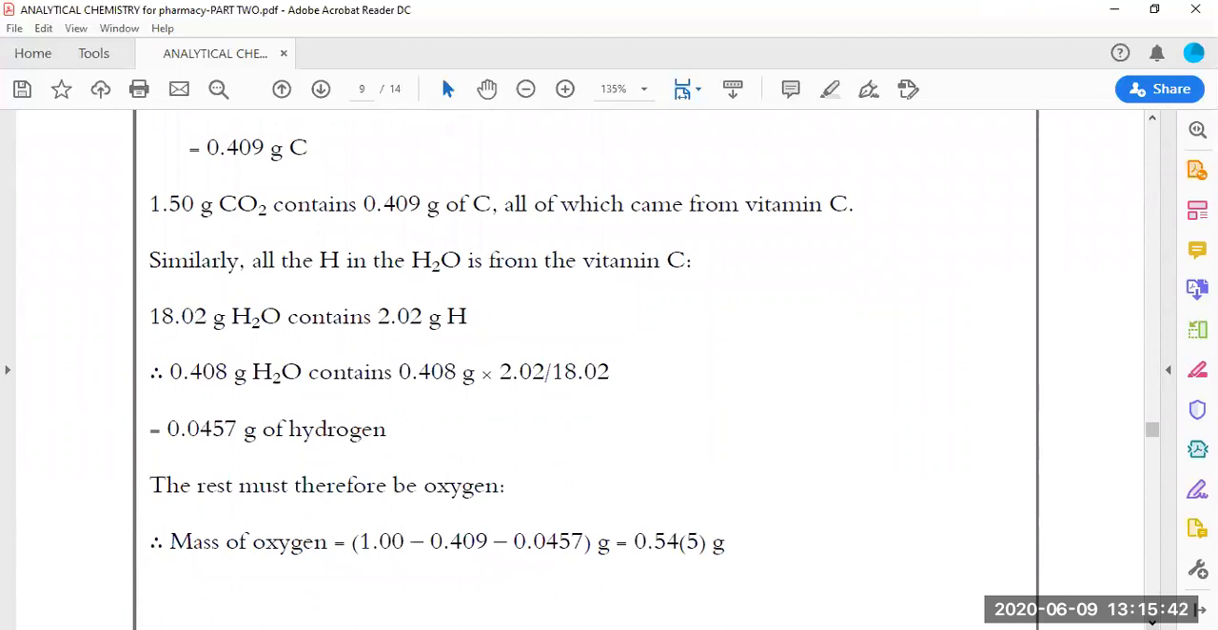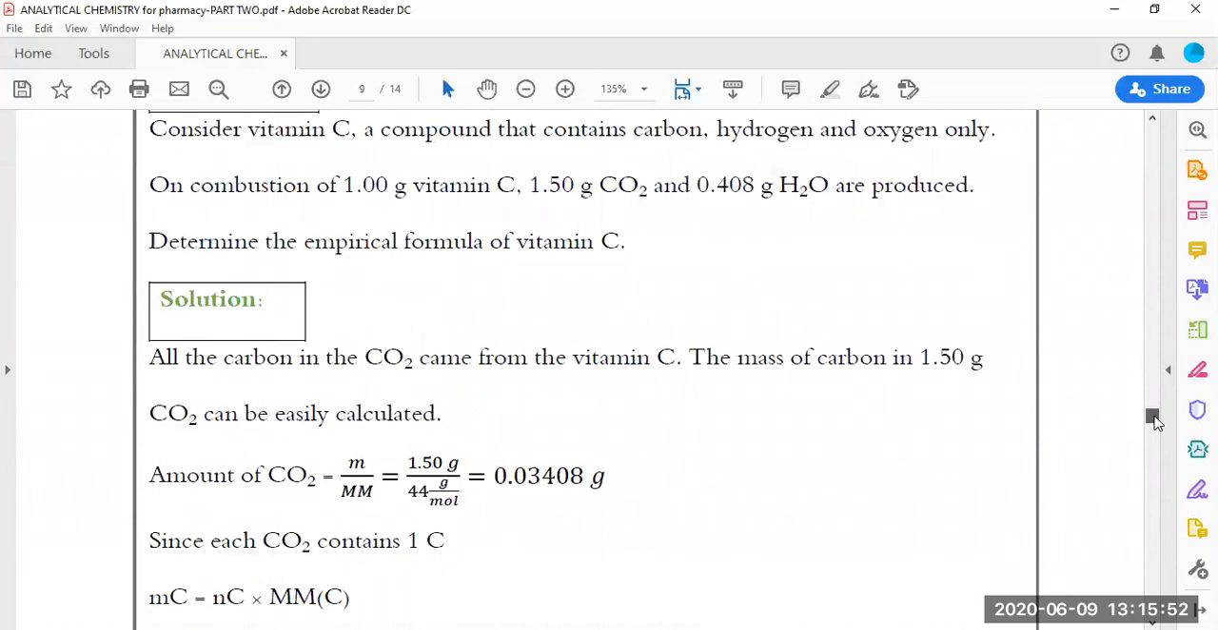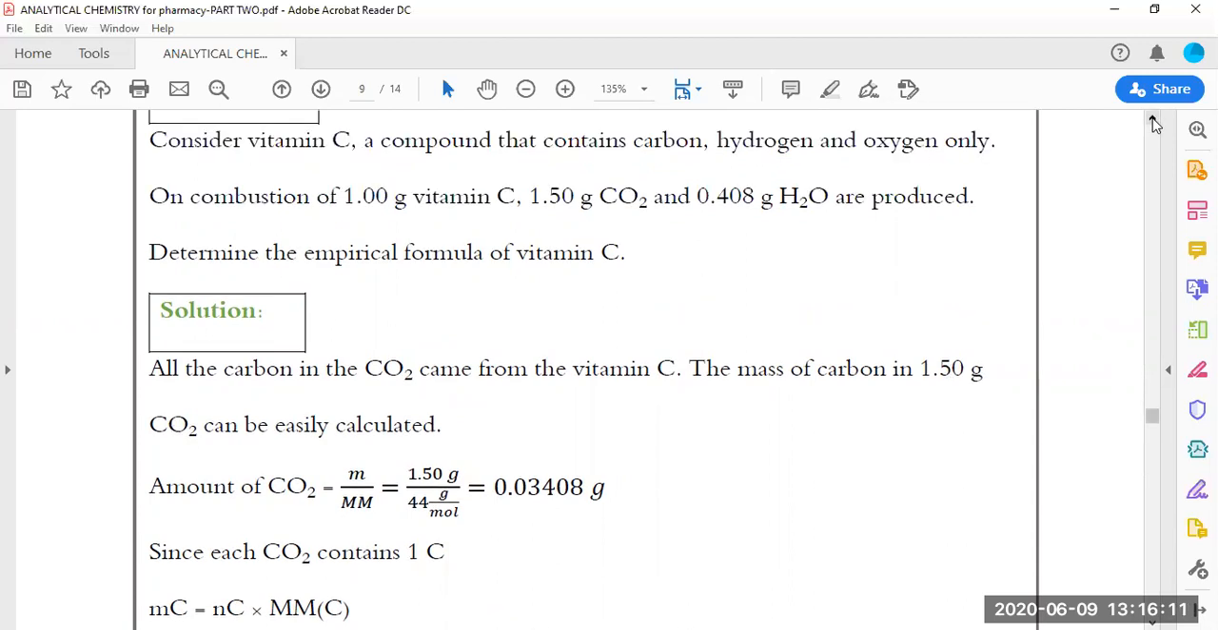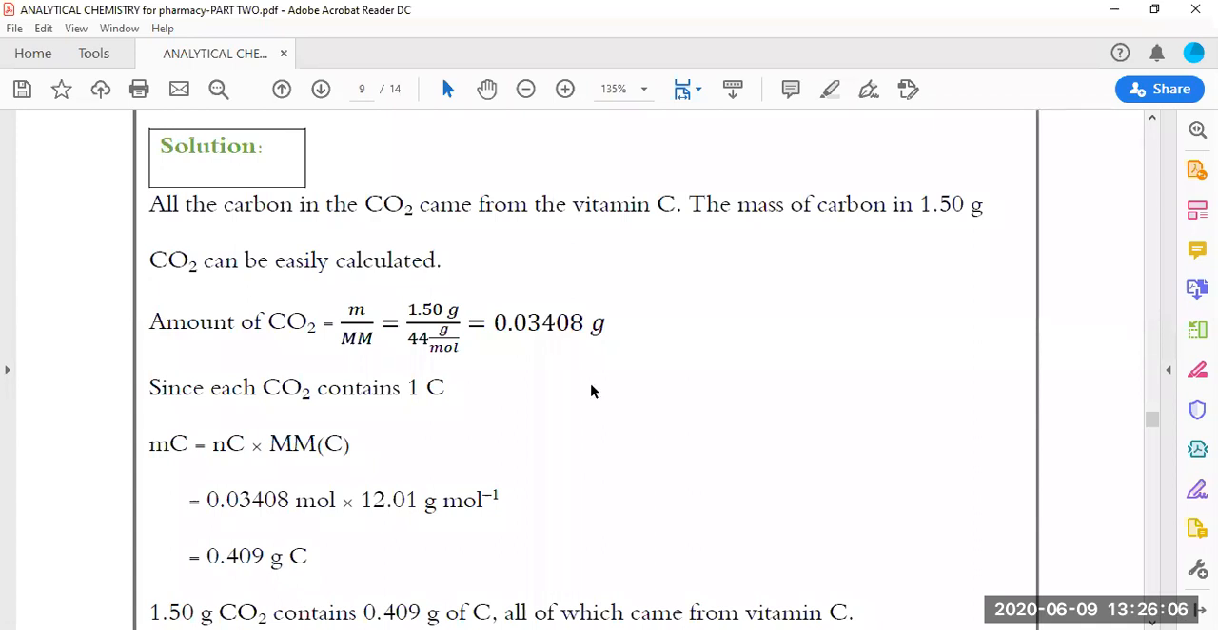So the rest should be, of course, for oxygen. We found that the mass, let me make sure you understand this example. So all the carbon and CO2 came from vitamin C. The mass of carbon is 1.50 gram. CO2 can be easily calculated. So if you know the mass of CO2,